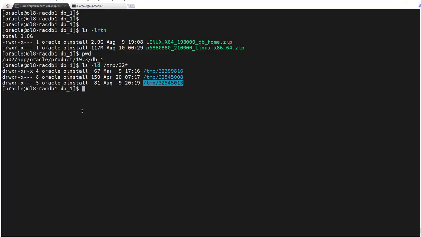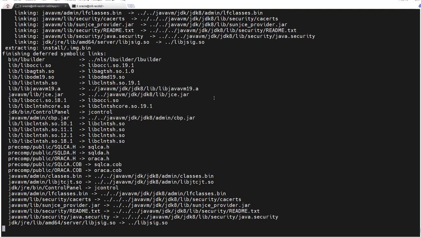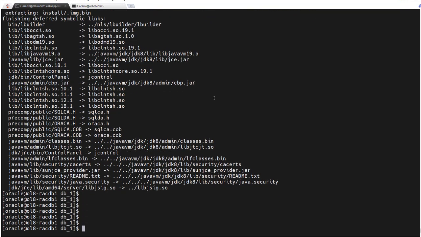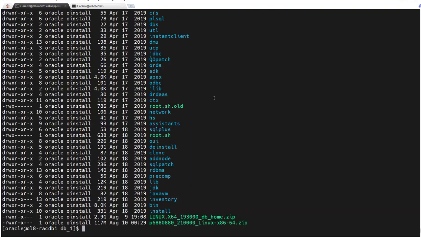So in my case, the first thing we'll do, we will unzip the database home. Unzip done. Now we need to update the OPatch utility.